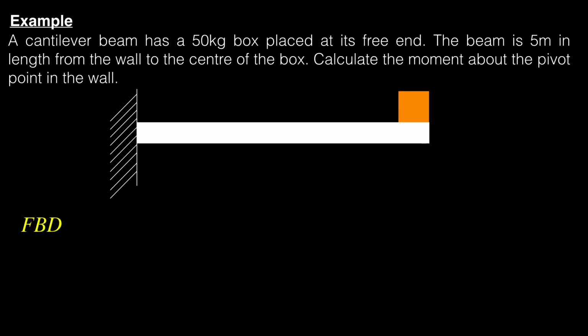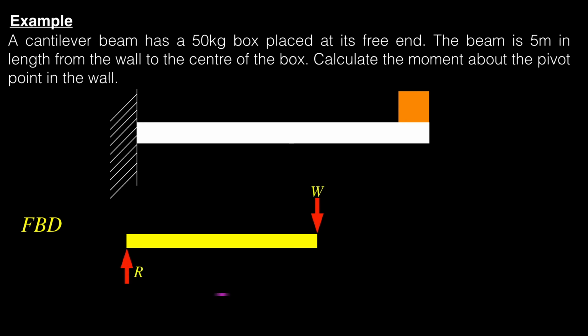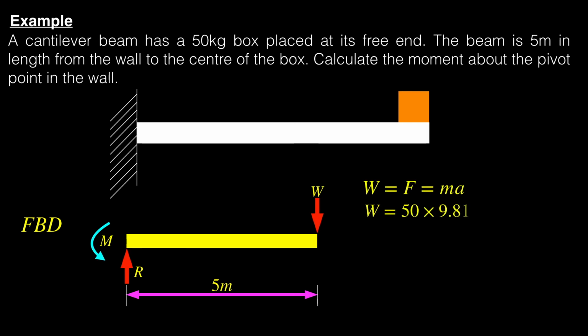So, first of all, we will draw the free body diagram, like so. From here, we need to calculate W, and W is simply the force, which, going back to our old friend Newton's second law of motion, force is just equal to ma. And in this case, we know that the mass is 50 kilograms, and the acceleration a will be the acceleration due to gravity, which is simply 9.81 meters per second squared. So, substituting those numbers into our equation gives us a calculation for W is equal to 490.5 newtons in a